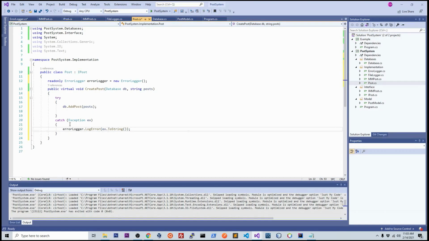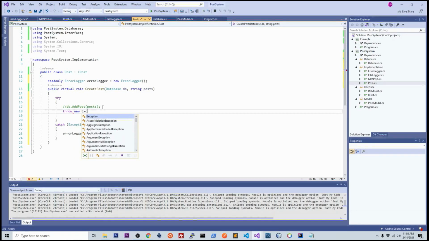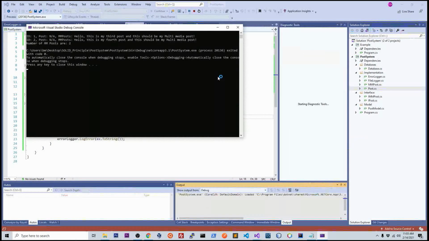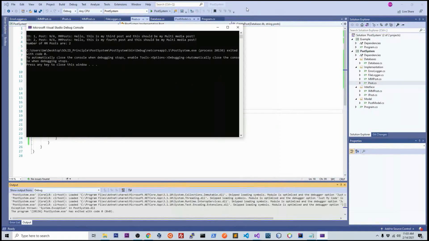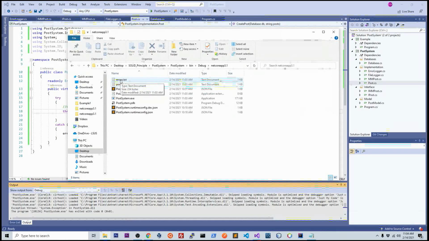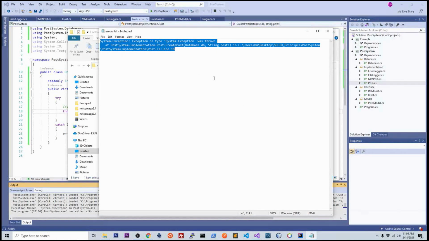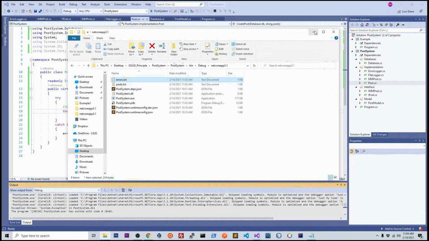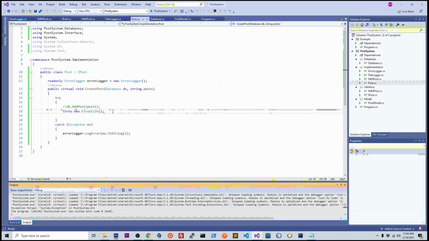And okay, so actually let's test this out. So what I'll do is I'll just comment this out, and I'll do throw new exception. Okay, so if I try to run it, it will throw exception, so we are not printing everything. And now if I go to our file folder, we have error text. And if I open this, yep, we have our exception logged in successfully. Alright, so this seems to be working,